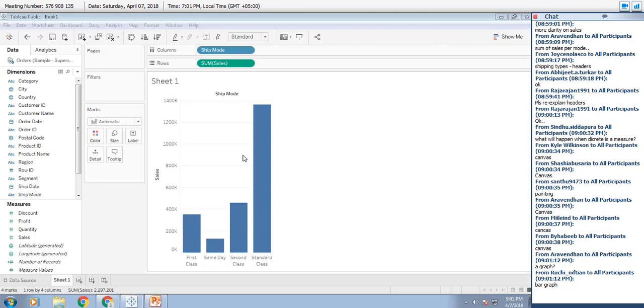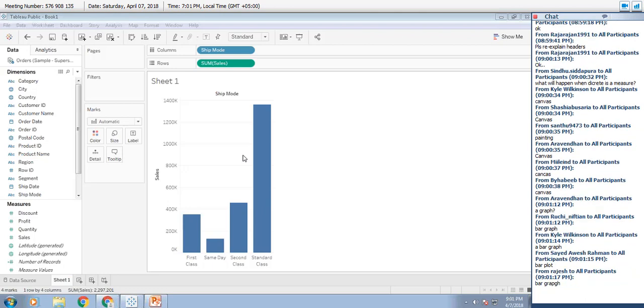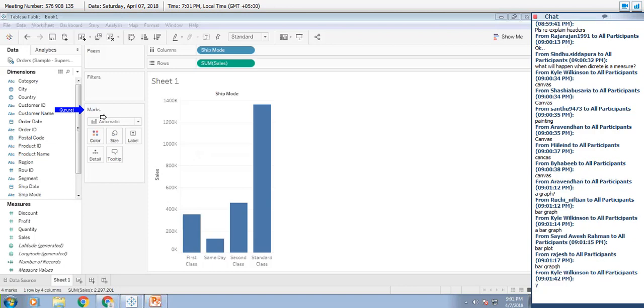It is a bar. So if you want to manipulate the bar graph, the mark type, anything on the canvas is called a mark, and you will be manipulating the marks using the marks card. The marks card is present right over here. Can you see there's a marks card here? It's a shelf.